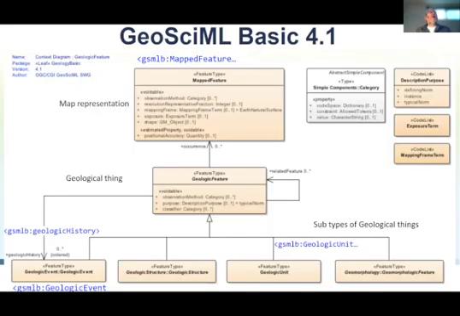So in a nutshell, I won't cover all of GeoSciML because it's pretty much like an hour presentation. So what you get in there is pretty much the core of the model. So you have a map feature, which is the stuff that you find on a map in the real world